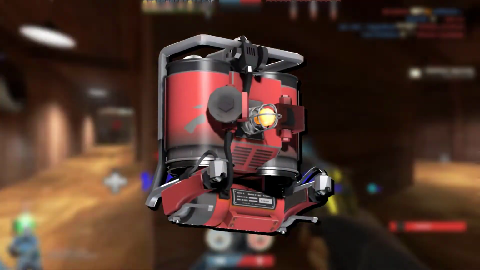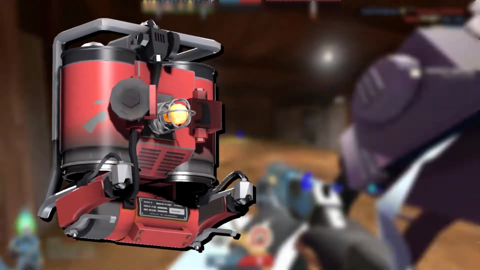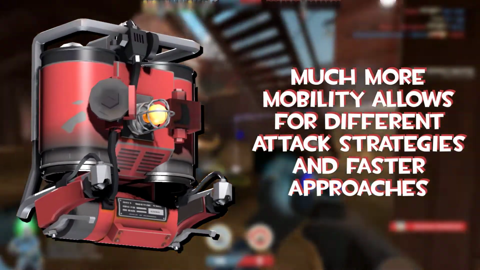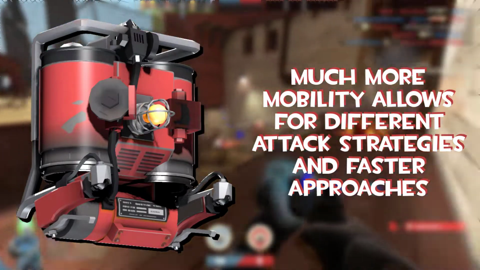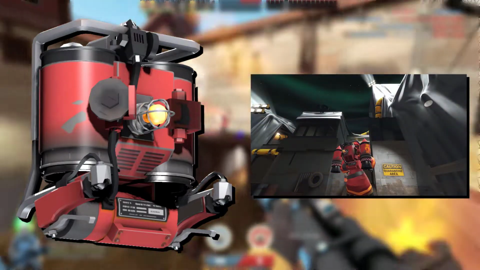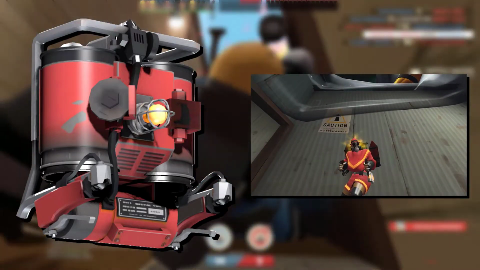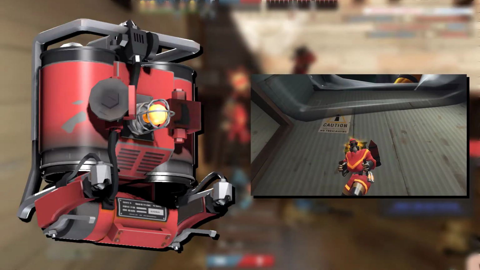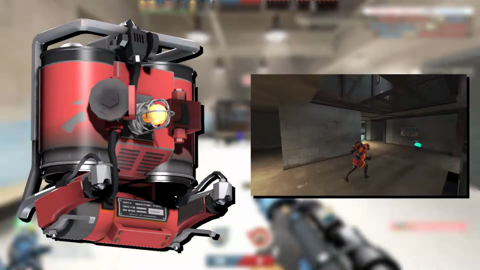The thermal thruster, as previously said, gives the Pyro a huge amount of mobility to work with. This allows a Pyro to access areas of the map either previously blocked off to them from normal movement, or allowing them to reach an area faster than usual. The balconies on 2 Fort, for example, are much more easily accessible because of the thruster, allowing you to go up and attack snipers that don't suspect you, if there are any. Even if there aren't, you've skipped quite a big chunk of the enemy base, allowing you to grab the intel